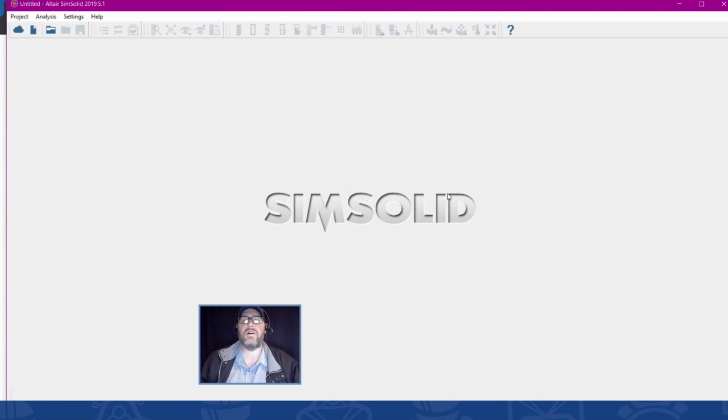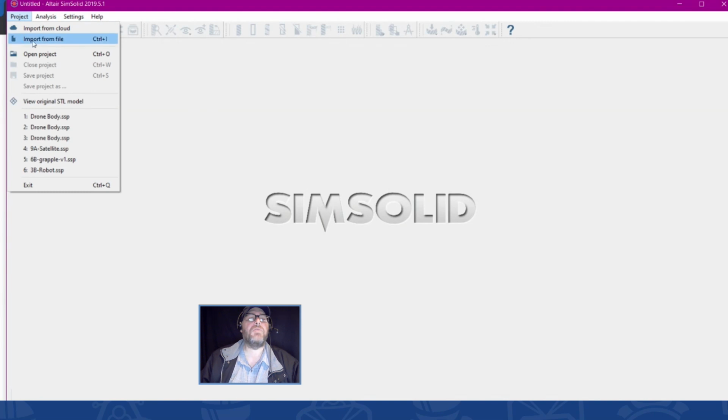And the strength of SimSolid is it is a truly meshless geometry-based analysis software that is going to give you results in an order of magnitude less time than it would take through a standard traditional finite element process. So let's get going. I'm just going to come up here to my project, and I'm going to import from